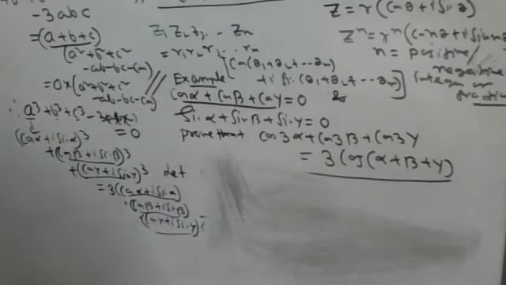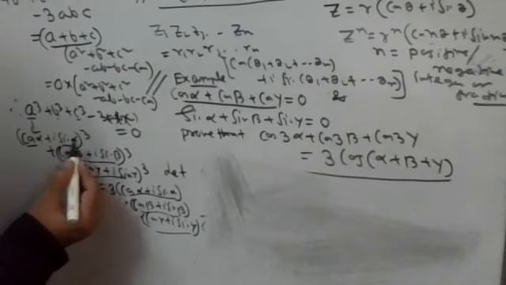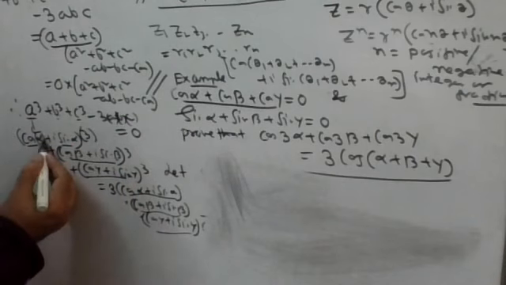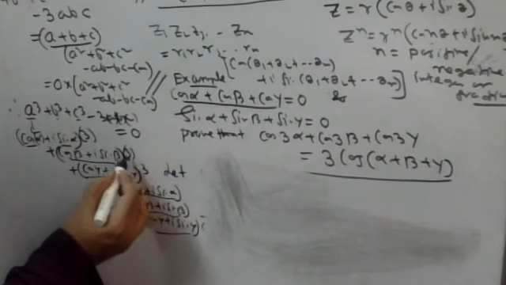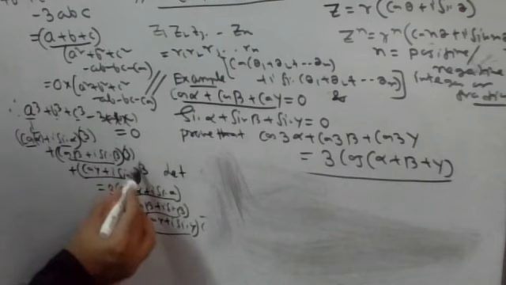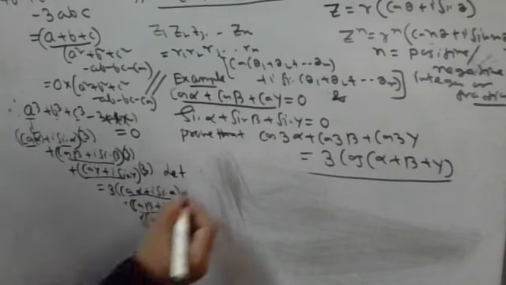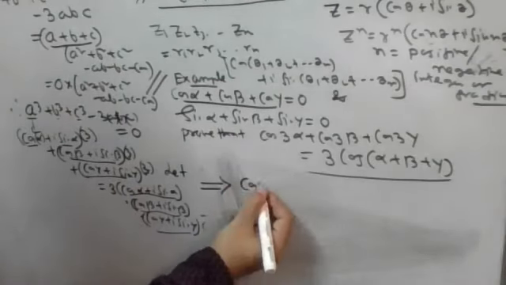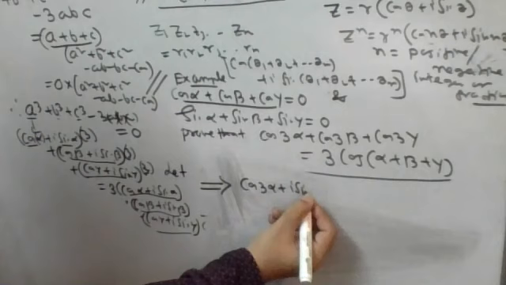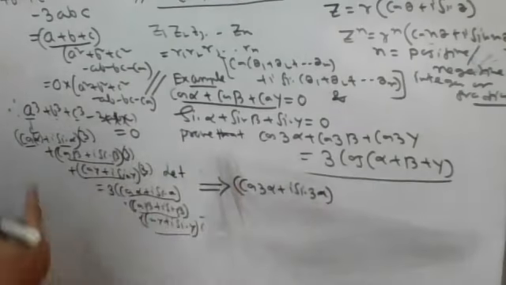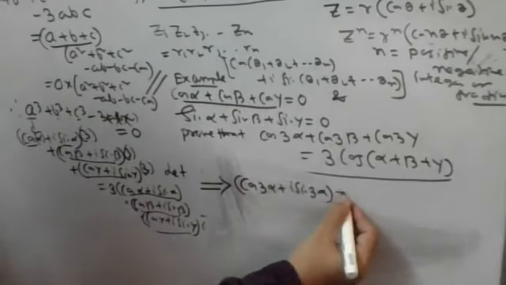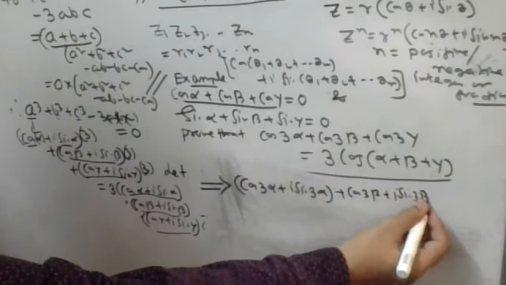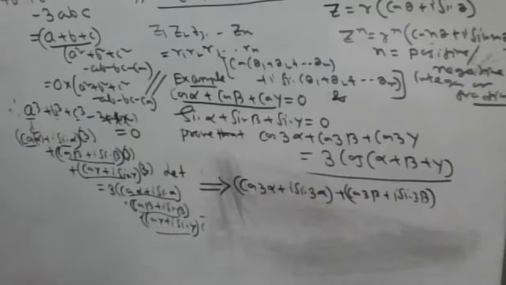So here, (cos alpha + i sin alpha)³, follow De Moivre's theorem. This 3 will become the multiple of alpha, this 3 will become the multiple of beta, and this 3 will become the multiple of gamma. So that will give you (cos 3alpha + i sin 3alpha) (cos 3beta + i sin 3beta)